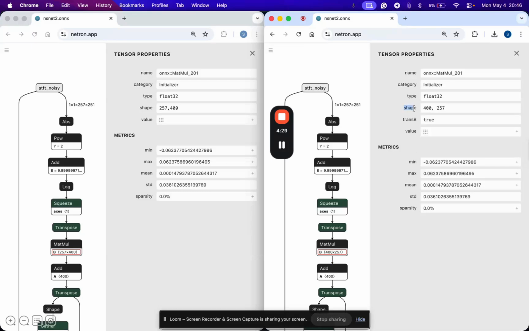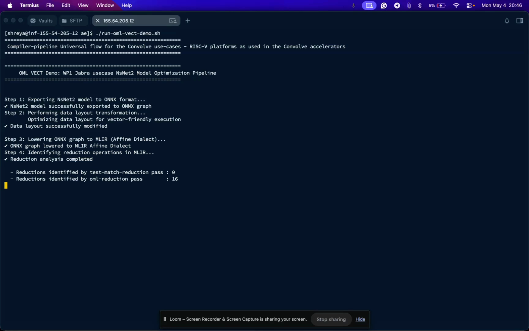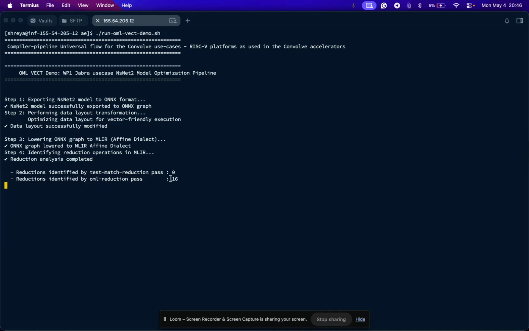As you can see, the shape and trans B properties are updated to indicate to the compiler that data layout transformation was applied on this specific node. Next step is to lower this into affine dialect. Here we identify reduction using our OML reduction pass. As you can see here, OML reduction pass identifies 16 reduction operation, whereas MLIR was able to identify 0 reduction